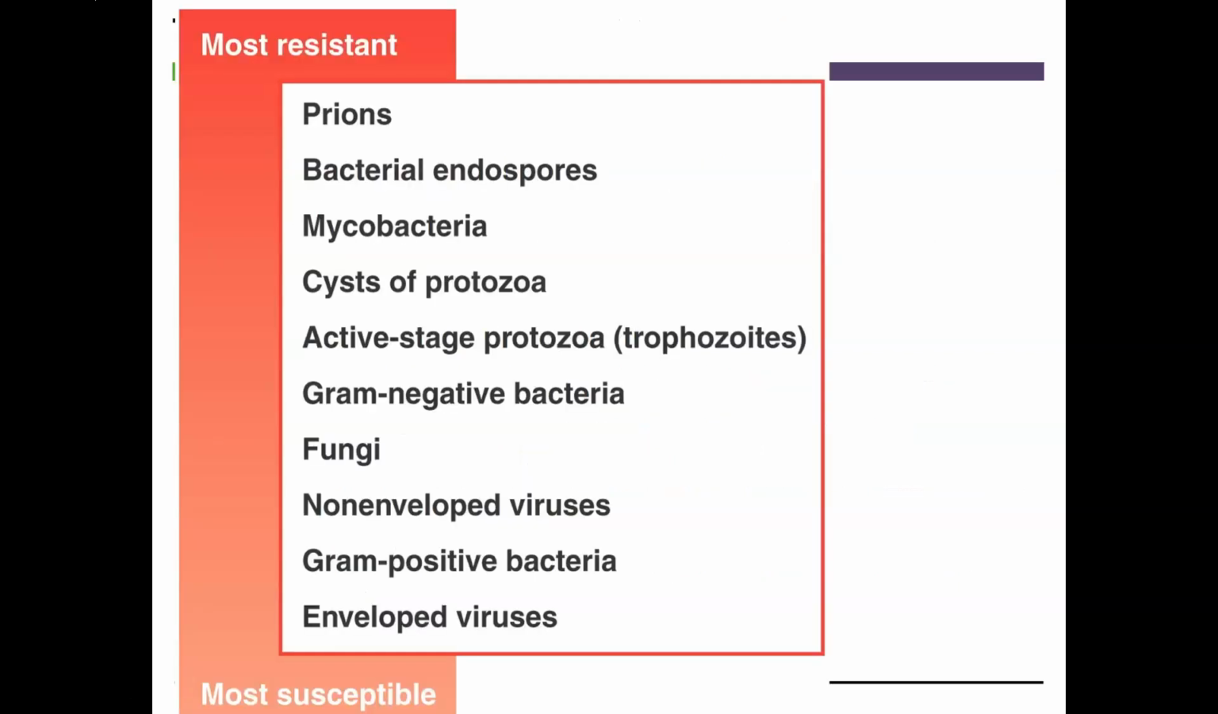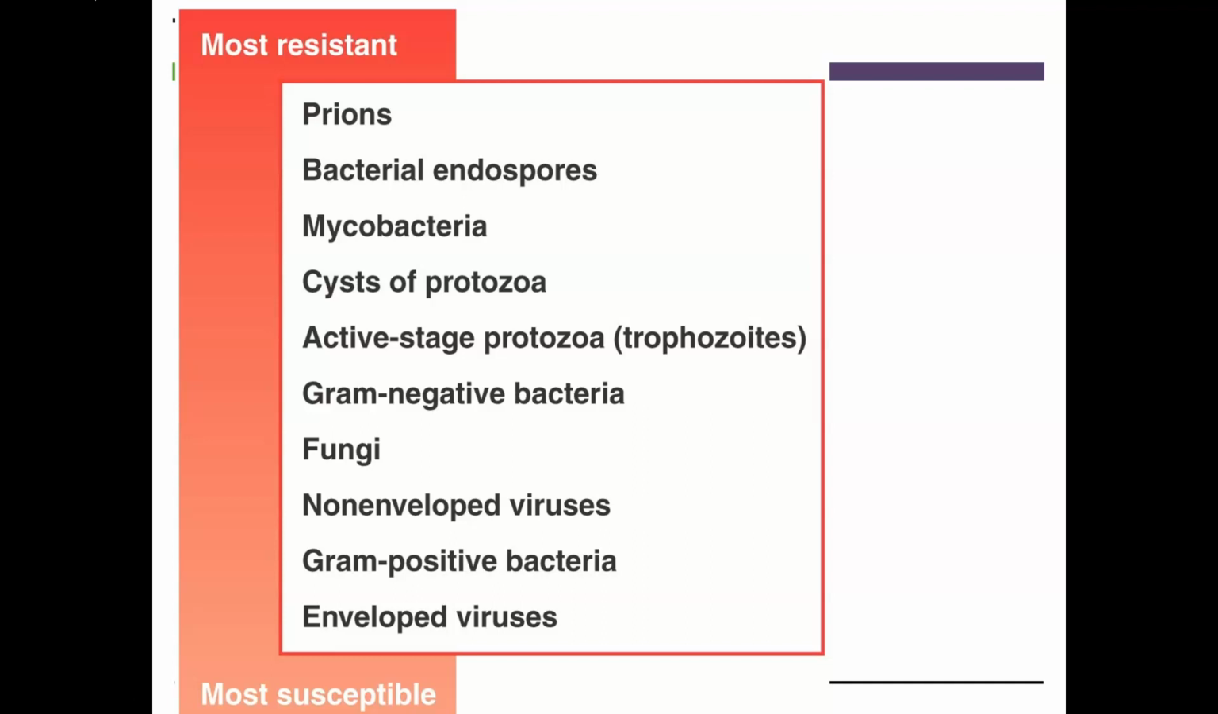This figure is from your book. It provides an indication of general resistance going from the most resistant, which is a prion, something we'll talk about later. A prion is an infectious protein, think mad cow disease. The resistance is indicated all the way down to the most susceptible microbes, which would be enveloped viruses, which are actually pretty fragile. So prions are the most resistant, then endospores come next, mycobacteria, the agents of tuberculosis and leprosy,